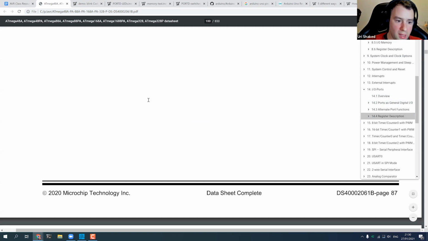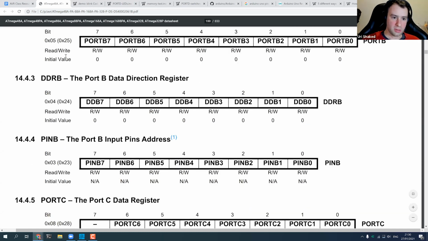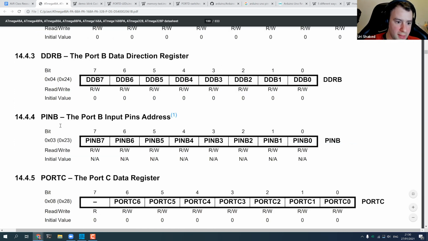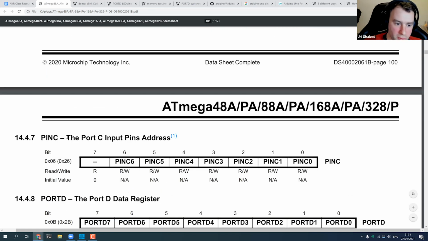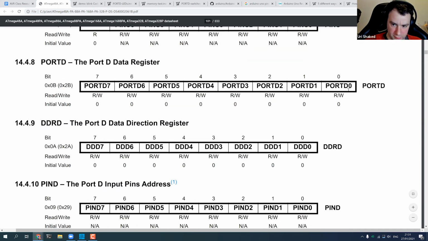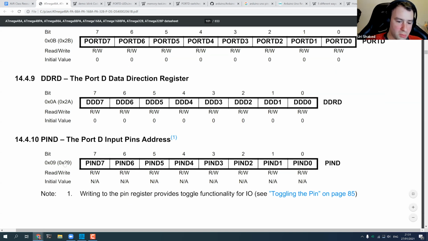So yeah, we use all these 3 registers: port D to write to control these 8 pins, and to set them high or low, DDRD to set the direction, and then we used pin.